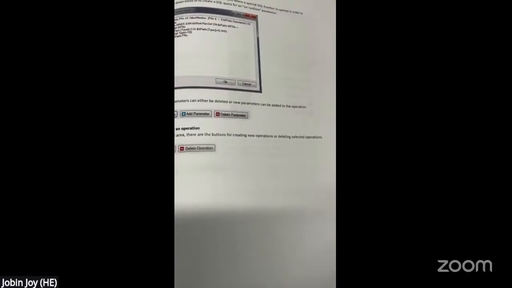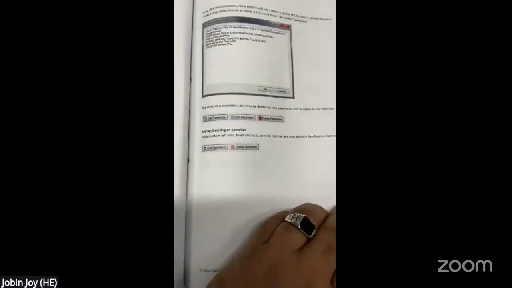Then we have parameter management. Using edit parameter, add parameter, or delete parameter, you can modify your parameters. For example, if your pressing time is 30 seconds, you can change it to 45 seconds. Then next will be the